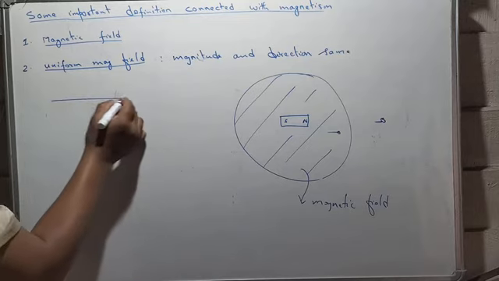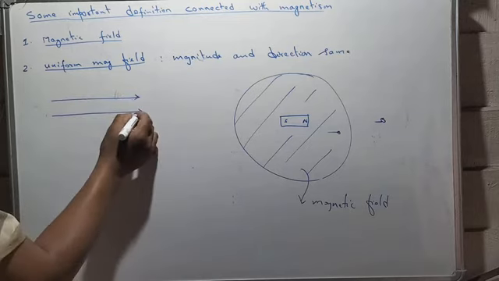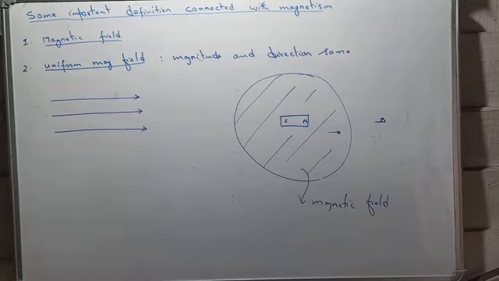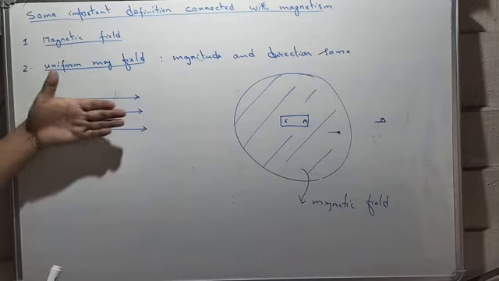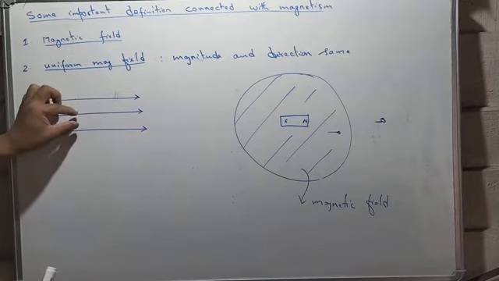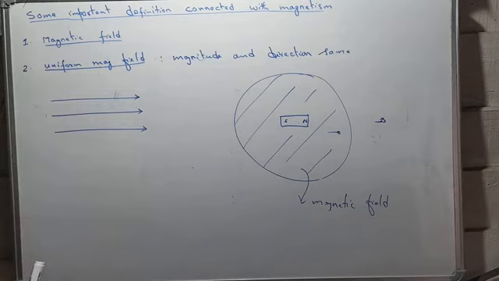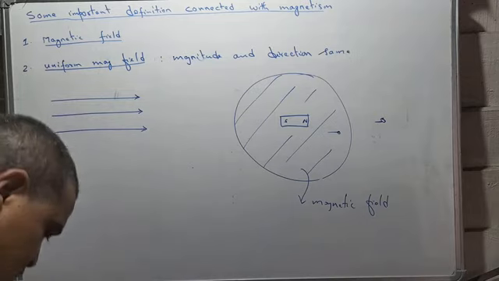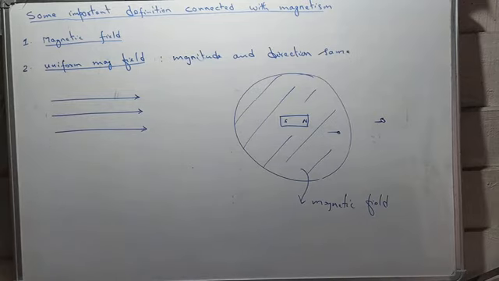If the magnetic field is acting along the plane, then such a uniform magnetic field can be represented by parallel lines like this, and these lines are equally spaced. So this is the first representation of a uniform magnetic field